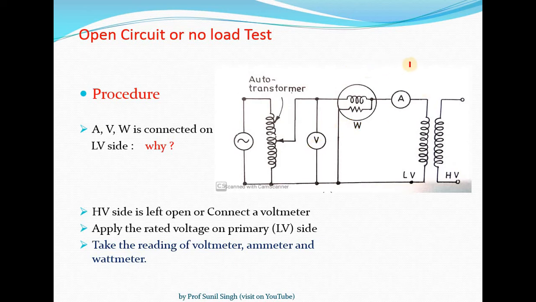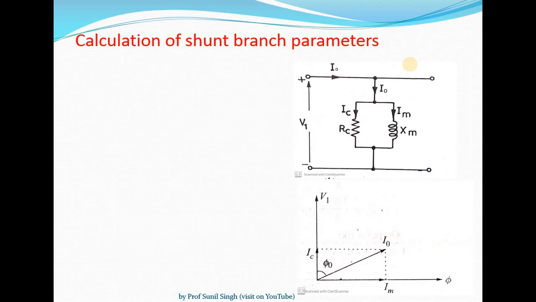So this is the reading and we should note it down. Then how to calculate the parameters? Now this is the equivalent circuit at the open circuit. So in this open circuit test or no load test, because the no load current I0 is very less,